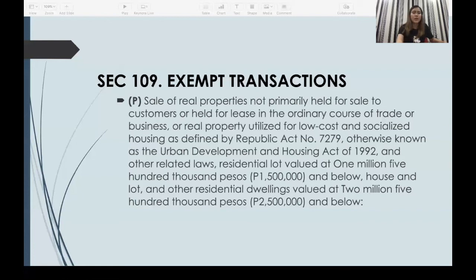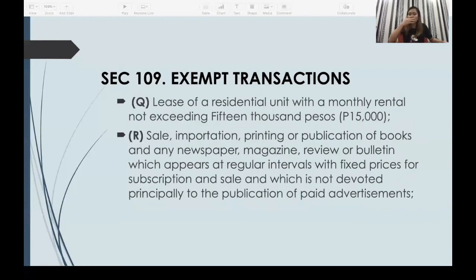Okay? Next, Section 109Q, lease of a residential unit with a monthly rental not exceeding 15,000 pesos. Ito yung mga apartments. If the lease is for a commercial unit, that is subject to VAT. But pag residential, at hindi man lang umabot ng 15,000 yung rental a month, like sa mga apartments, VAT exempt. Like for example, si mother mo, gusto lang niyang iparent yung bahay nyo,